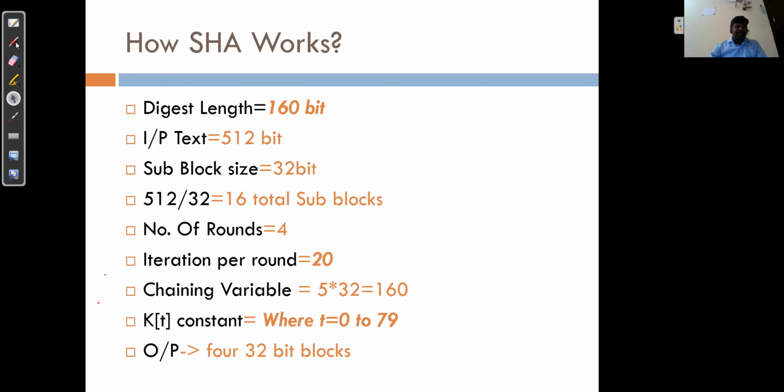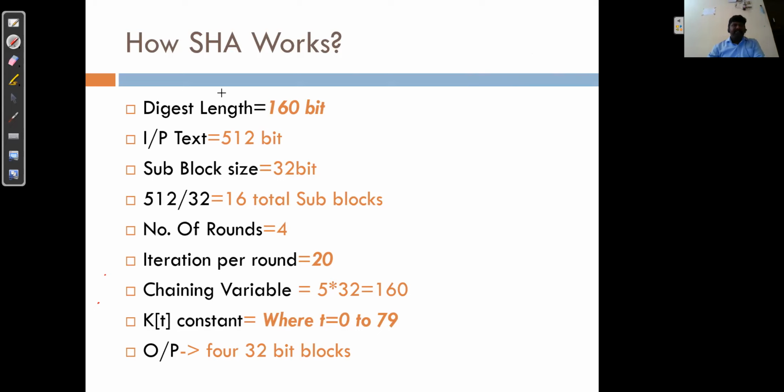So these are the parameters which are associated with the SHA algorithm. Yes, Rahil Akhtar, any queries? Rahil Akhtar, any queries? Be very cautious,